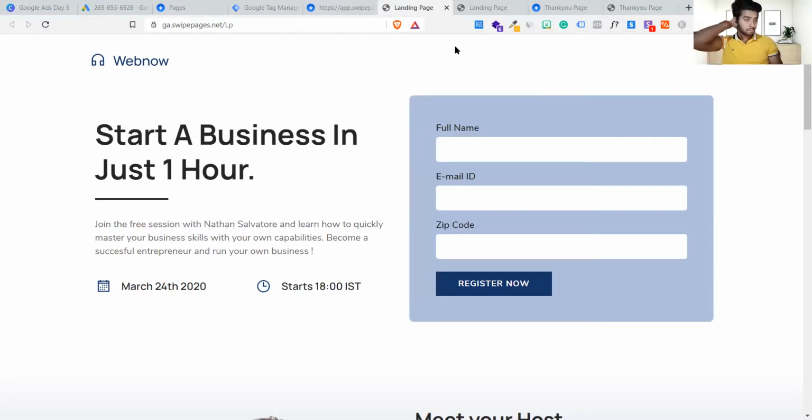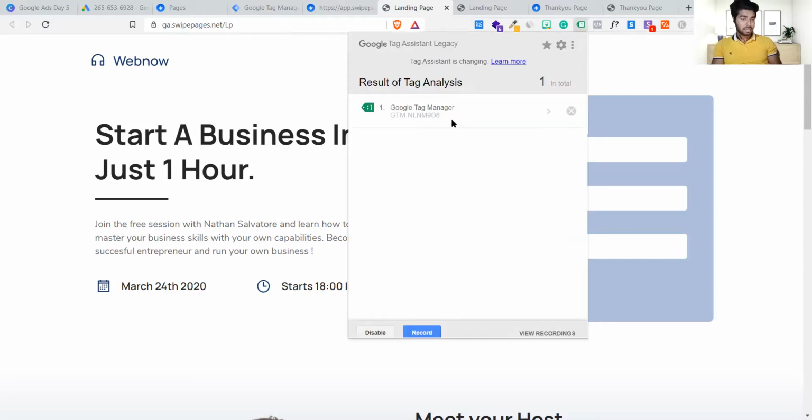Can you see this? Now it's showing green. It's showing green right now, and the moment I click this, it says it has some code, GTM, Google Tag Manager, and this is the account number. Can you see it? Yes. It means it does have the code right now. It doesn't have any kind of tag, but yes, it does have the code of Tag Manager.